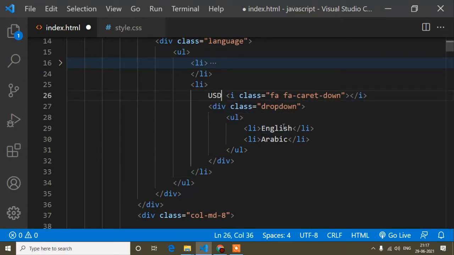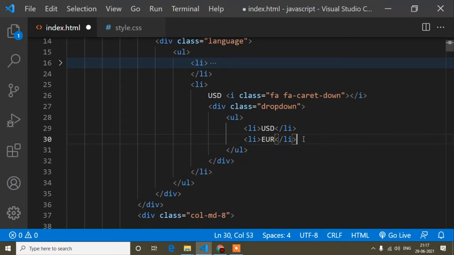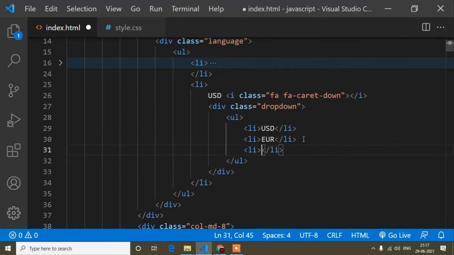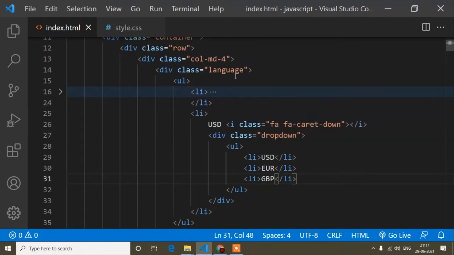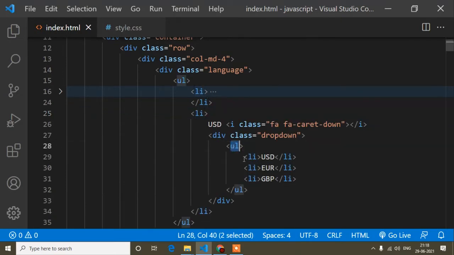So this is the USD, and here first of all I will write USD. After that I will write euro, and in another li tag I will write GBP. So this language parent UL, and the parent li this and this. Inside this parent li there is another UL and another li also.